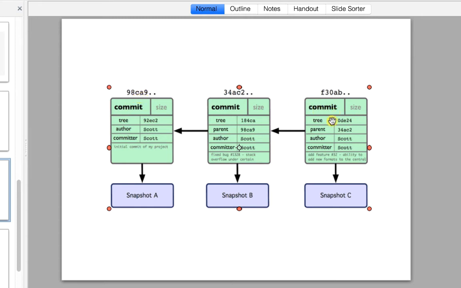Okay, in the same way, this particular commit is the parent of this commit, and it is having this snapshot of, and this is having snapshot C as the repository. So this is the current snapshot of your repository. So this is the initial commit. Okay, so this is the initial snapshot of your repository.